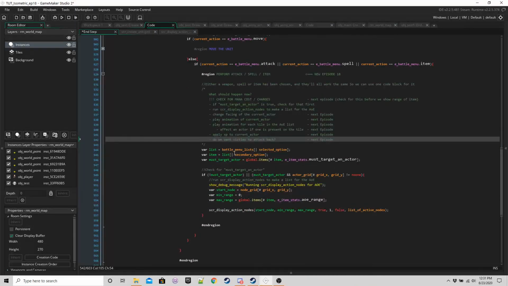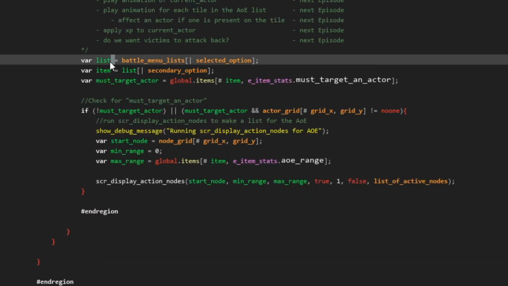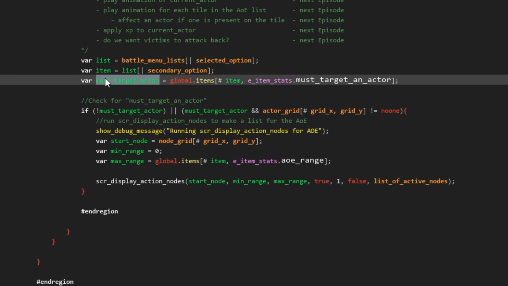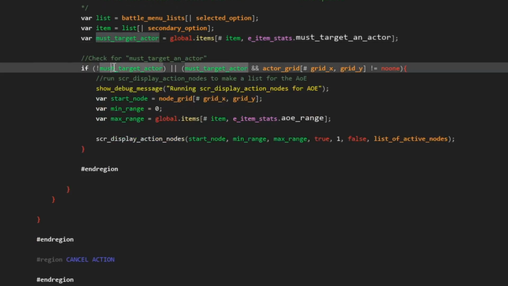So the code. We want to grab the list. What's the list that holds the actions that we want to take? And then the item we chose to take the action is going to be stored here. This value is going to store whether we must target an actor or not. If we don't have to target an actor, or we do have to target an actor, and there's an actor there,